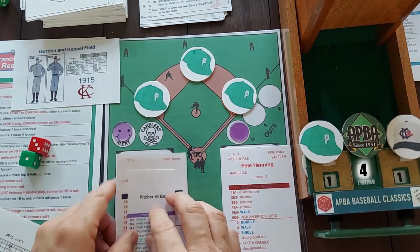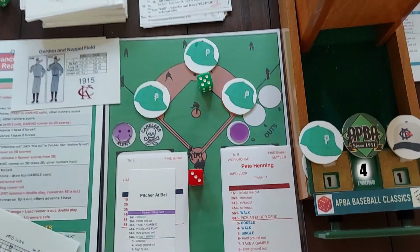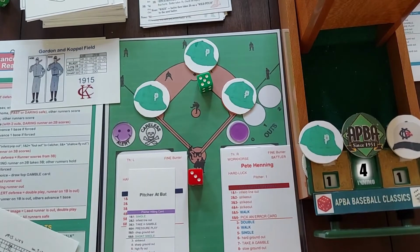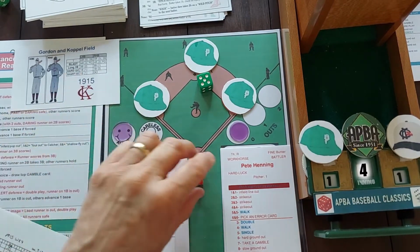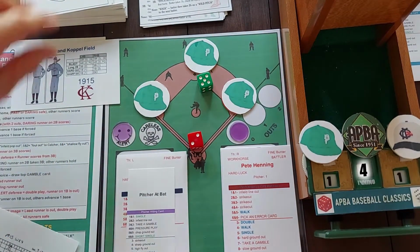Here's the pitcher, Bunny Hearn, regular pitcher batting card. Infield's going to play normal depth. They're going to hope for a double play. 8 off the batter card is a sharp ground out. And it gets an alert. First of all, the sharp ground out goes to the pitch card. It'll get through as a left-handed hitter if I roll a 1. Doesn't get through. Nice play. I see he's going to make that play